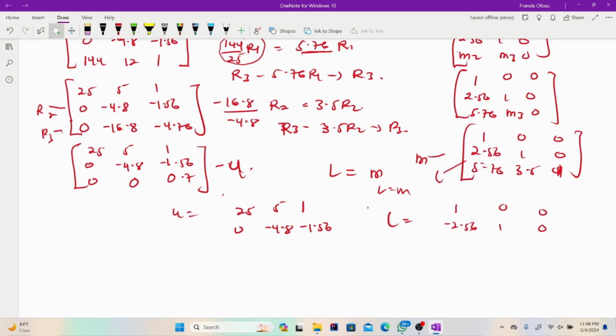So straight away your M becomes your L. So your L is simply equal to 1, 0, 0, 2.56, 1, 0, 5.76,